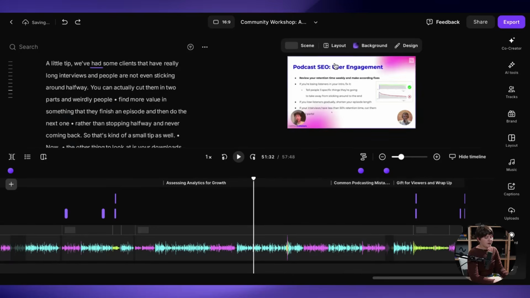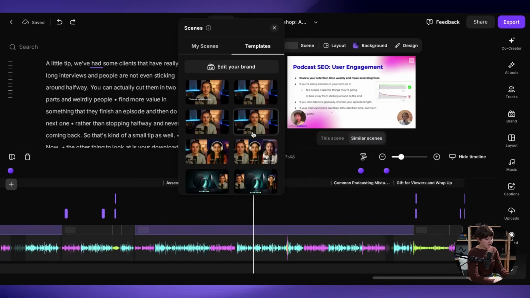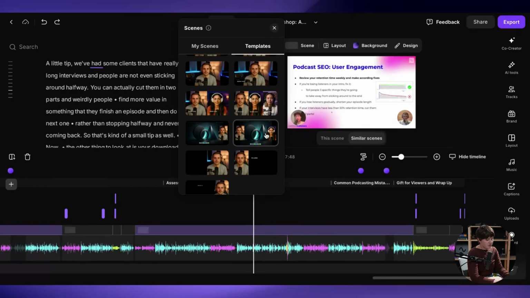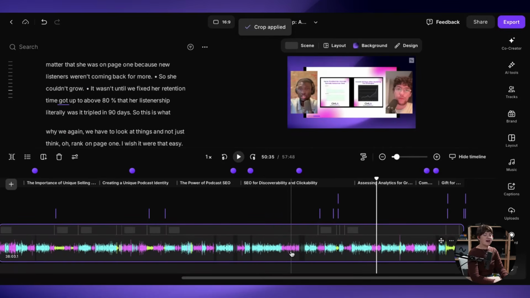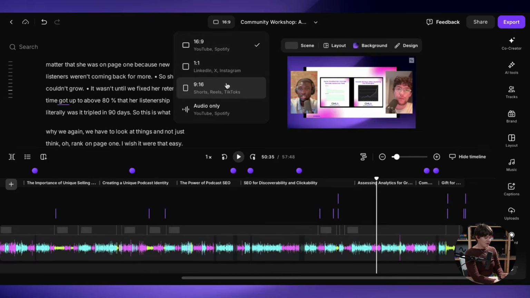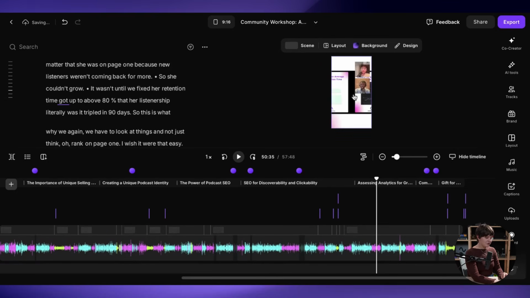Last thing I'll show you, screen shares. So I'm going to go over here to scene. Over in templates, I'm going to choose this one that has two. And then every time that there are two people on screen, you'll see that it is the same across the board. One last thing that I'll show you is that over here, once you go to 9:16,